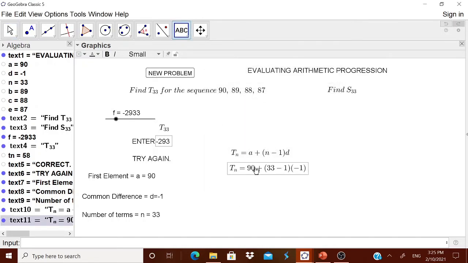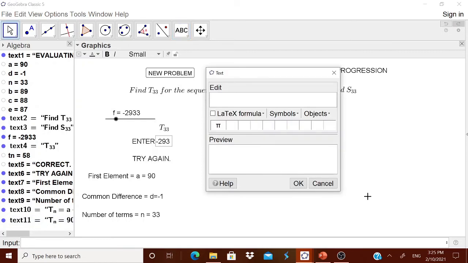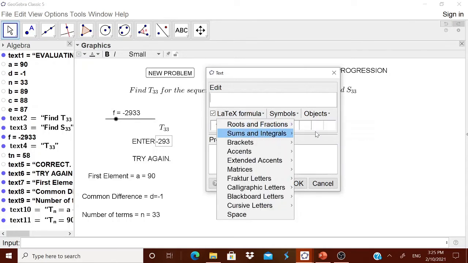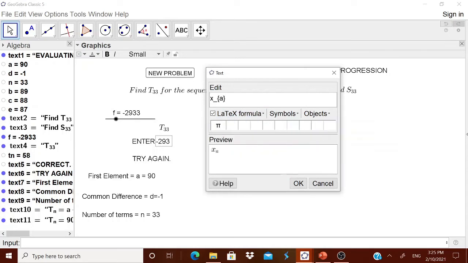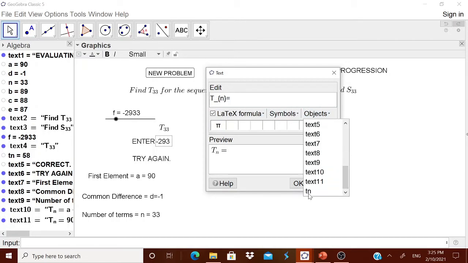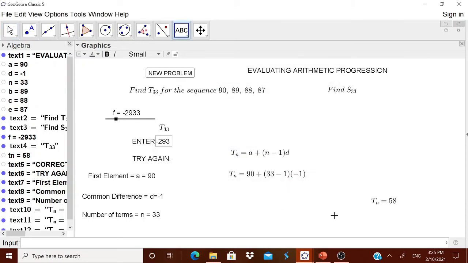Okay. Now you can show the Tn to the children now. The calculation also you can show, or you can directly show what is Tn. From this latex formula, I will take this subscript is equal to, I think better I'm putting equal to T. Then here n is equal to from the object last Tn. Finish. I think the child will be able to find the Tn now. Is it okay now? Okay.